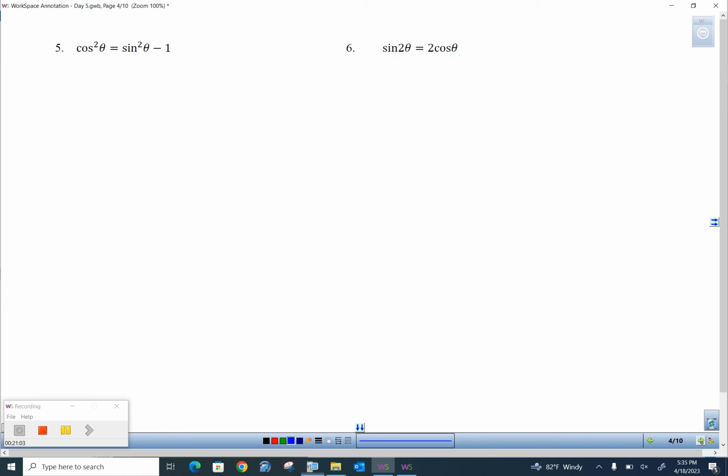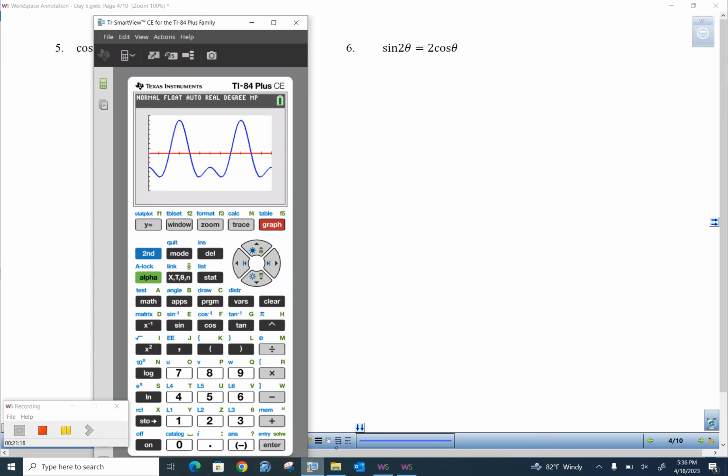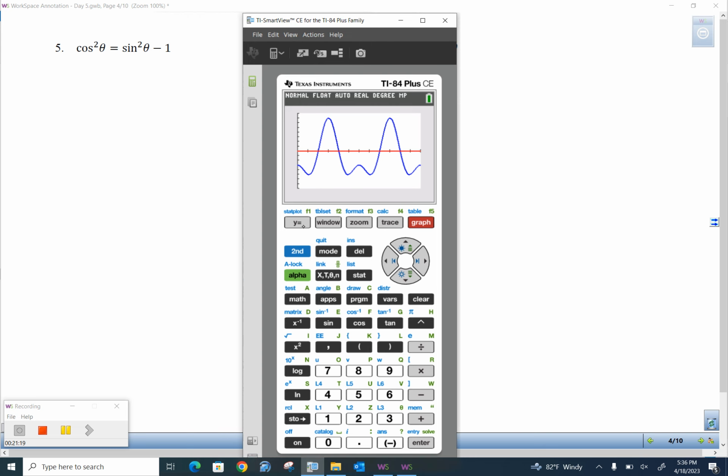Okay. Last 2 problems that are new. Number 5 is new from last time because we have both cosine and sine and they're being squared. That's not something that we can factor easily when there is a -1 involved. So we are going to graph this thing. So in your calculator,